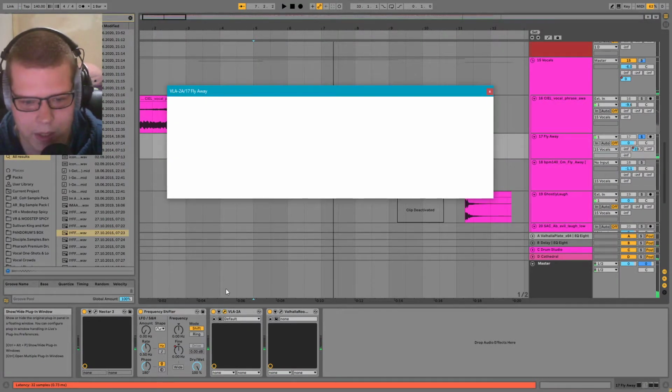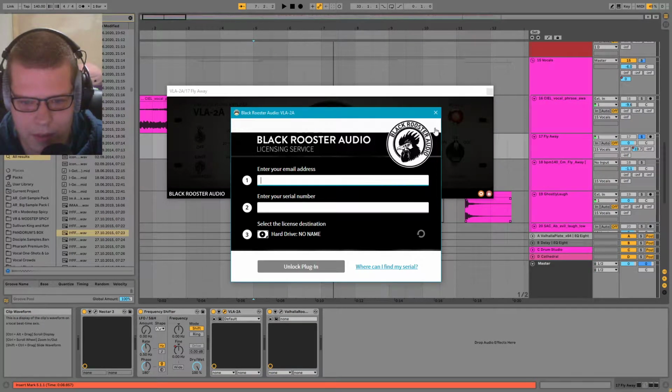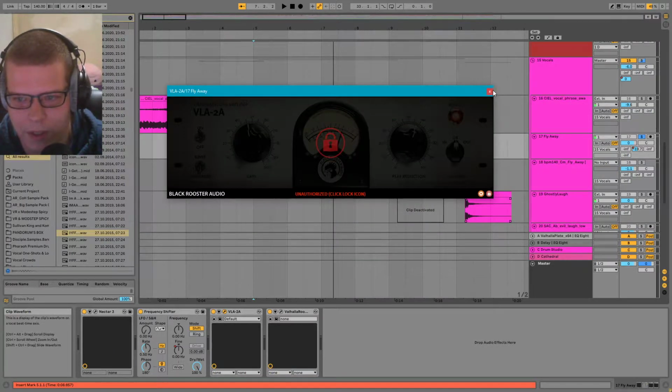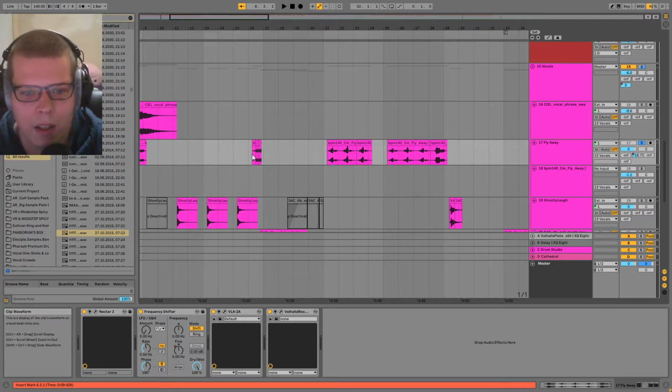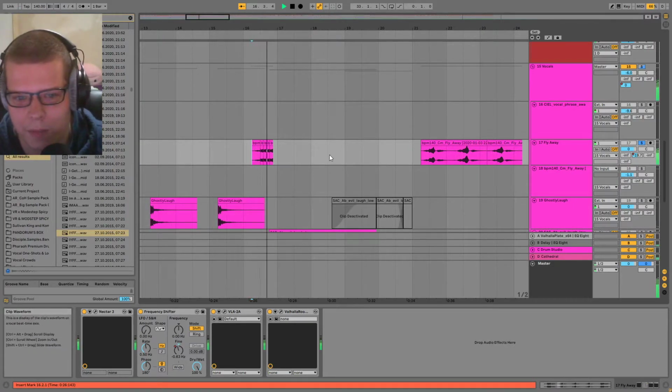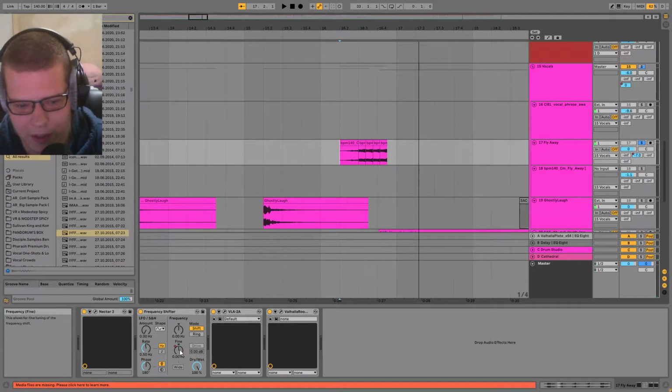And then I have this LA2A emulation. I definitely... Okay, I need to authorize that plugin suite again, even though I don't really use it anymore. Some nice frequency shifting there.